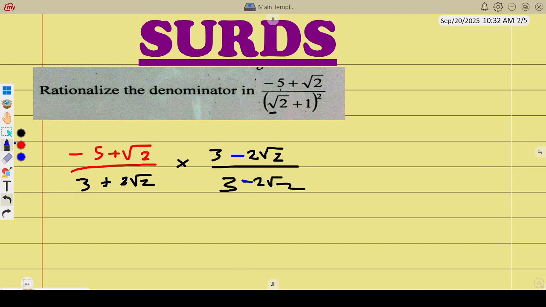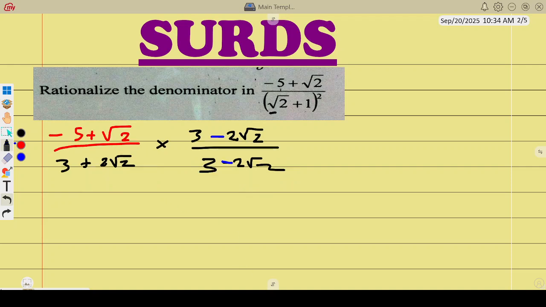Yeah. So now let us multiply. We're just going to have negative 5 times 3, that is negative 15, plus negative and negative positive. 5 times 2, that's 10,